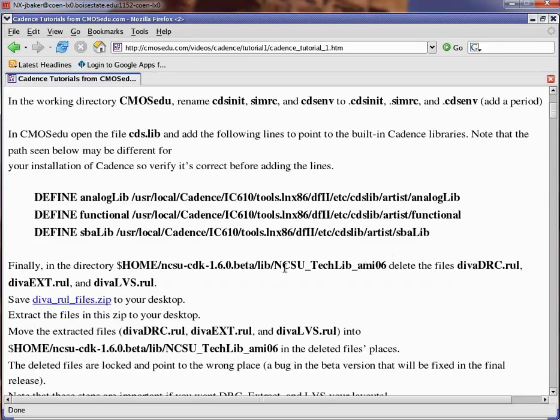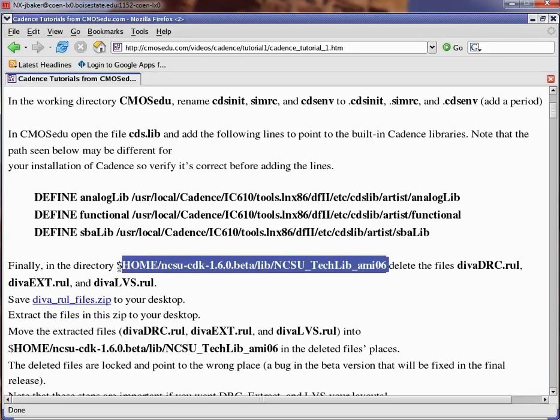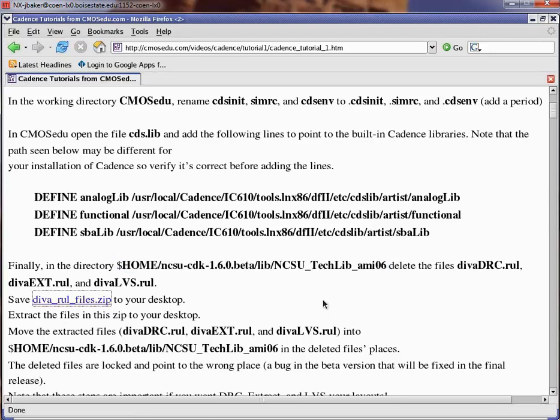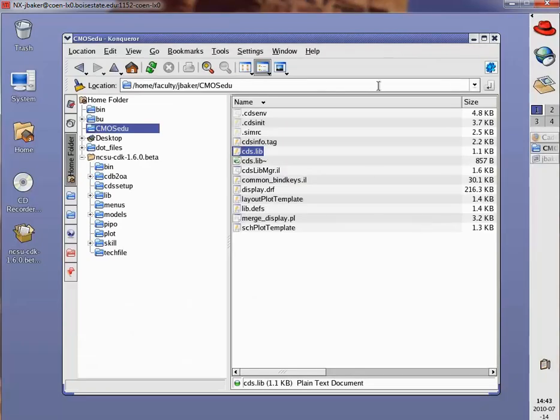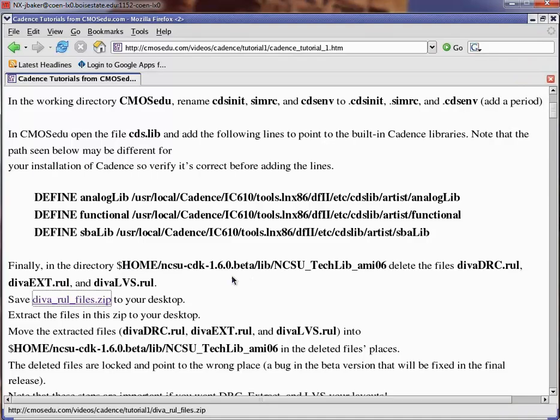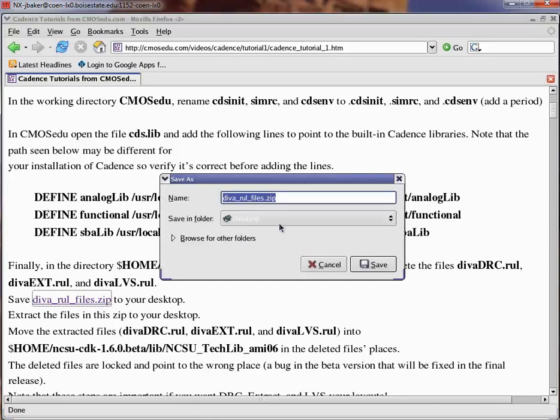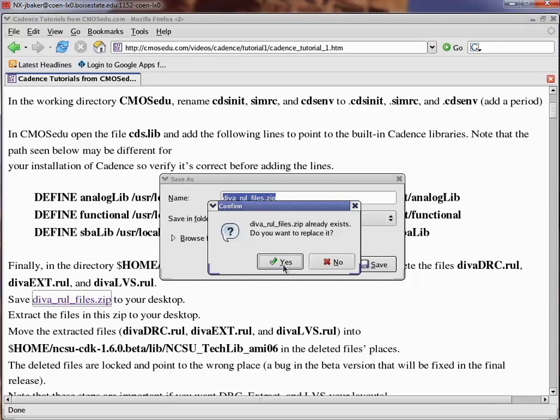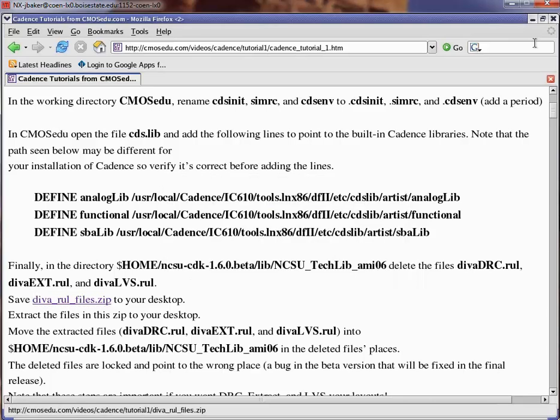Finally, in the NCSU CDK Lib, let's just cheat and do this. We need to delete these rule files. While we're at it, let's save this here. What just happened? Click on that. And let's right click on it, save link as to desktop, save. Oh, it's already there. Okay, so let's go back